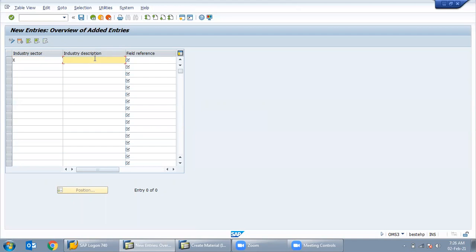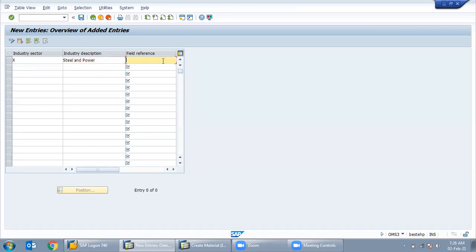Description means like our industry is related to power plant, or suppose we are taking only one industry for two different companies, like steel and power. We can create field reference.